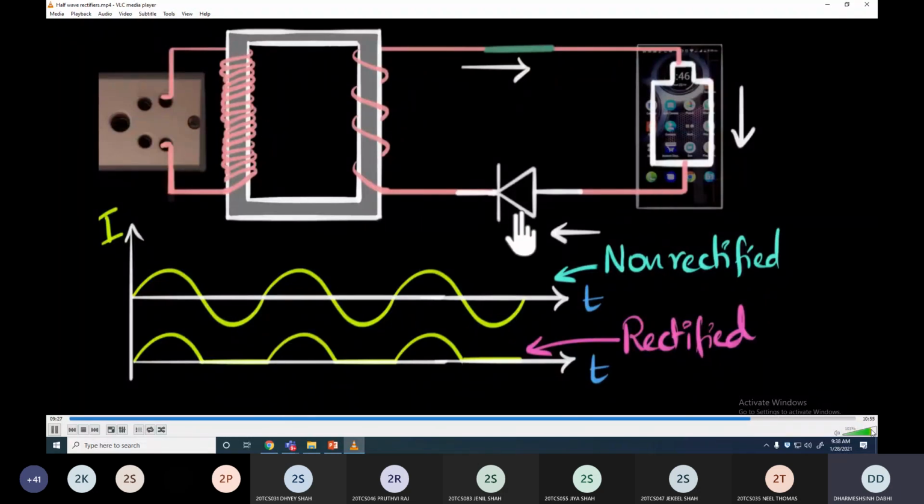All right. And so the problem with this is that your circuit is off for half the time, which means if you're charging your phone with this half-wave rectifier, and say your phone takes about 2 hours to charge, it means the phone was actually only charging for 1 hour. For the remaining 1 hour, it was just switched off. So a lot of time gets wasted. So of course, we need to improve upon our design. But anyways, you get the idea of how a rectifier even works now.